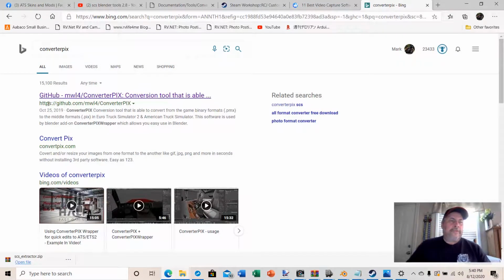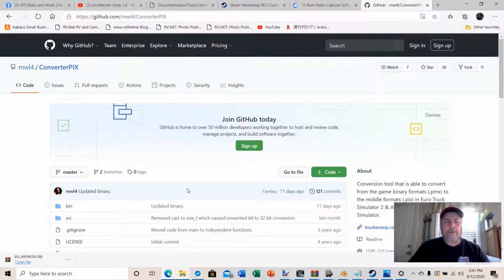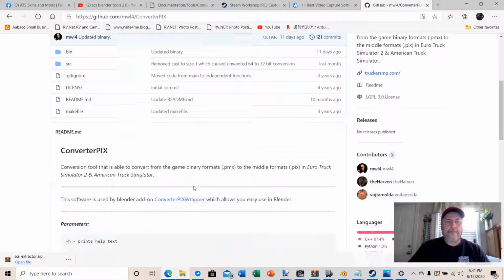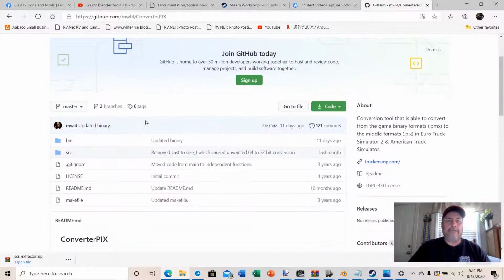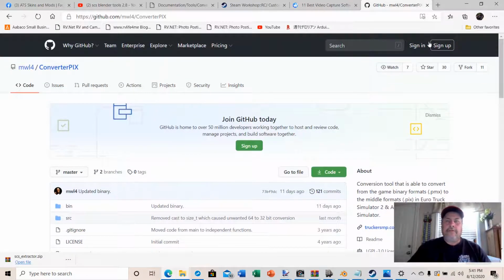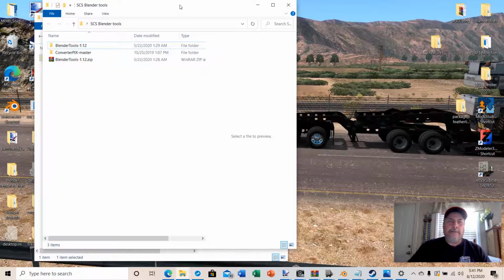All right, so the first thing that comes up is your GitHub converter picks, and I do make a converter picks wrapper, but I don't use that. I just always use the converter picks file. The converter picks is what converts your PMC and PMD files to your PIT and PIM files. Here's your converter picks wrapper if you choose to use that one, but I just use regular converter tools. So download that from GitHub, and I have downloaded it already, and it is in